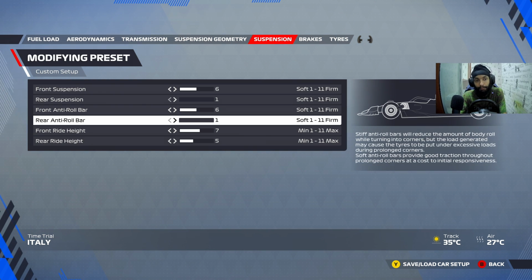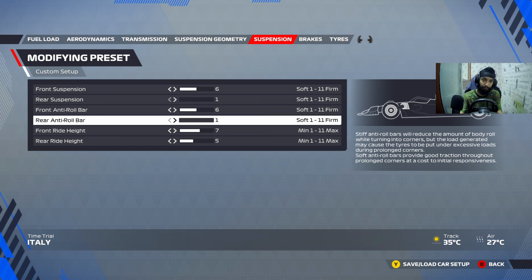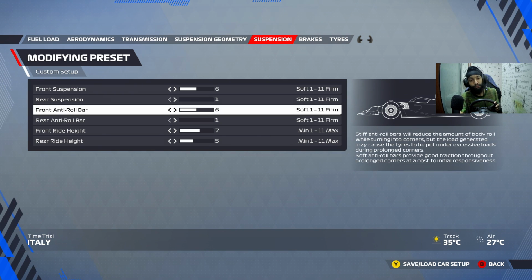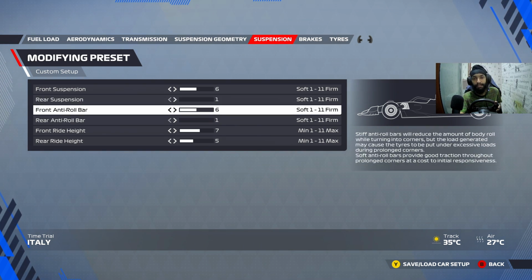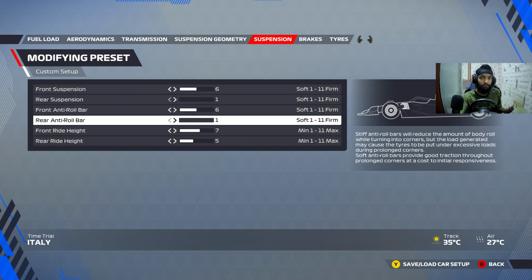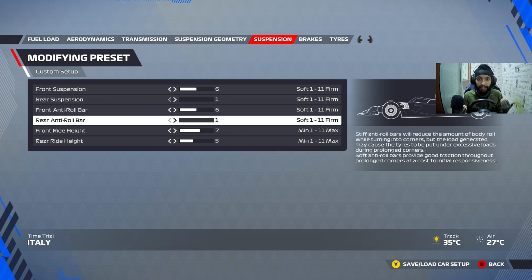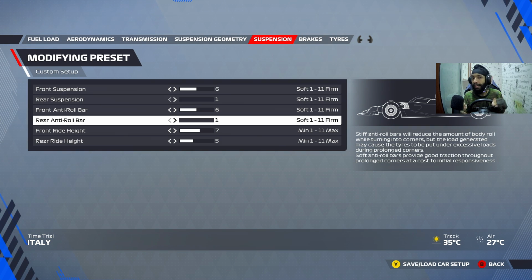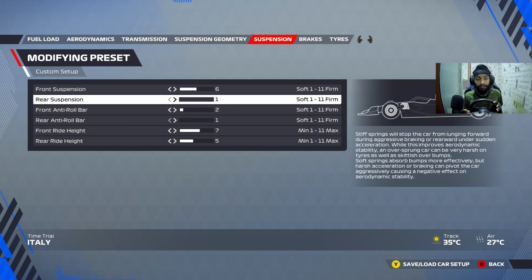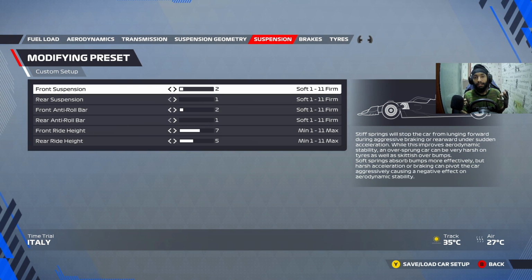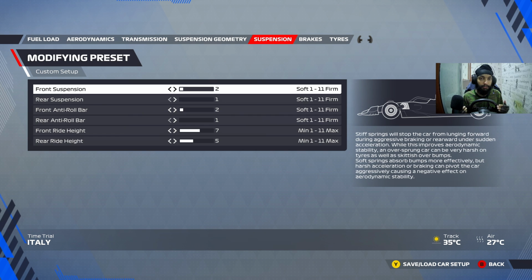Let's summarize it once again to keep it simple. What you need to do in this game, you need to ideally leave the rear suspension and rear anti-roll bar at 1 so that the rear is stable. You get more traction, you get more grip, and it is stable in high speed, low speed, medium speed, any kind of speed. And the front anti-roll bar and front suspension, you may want to experiment with this from track